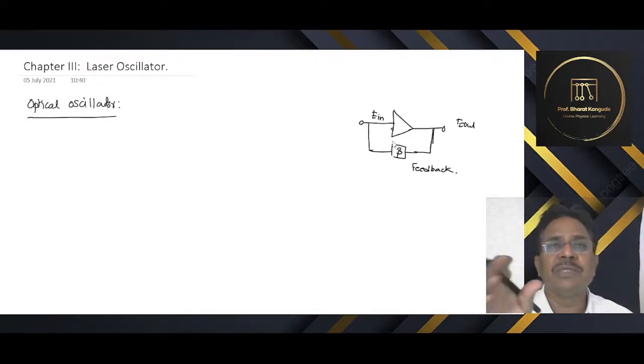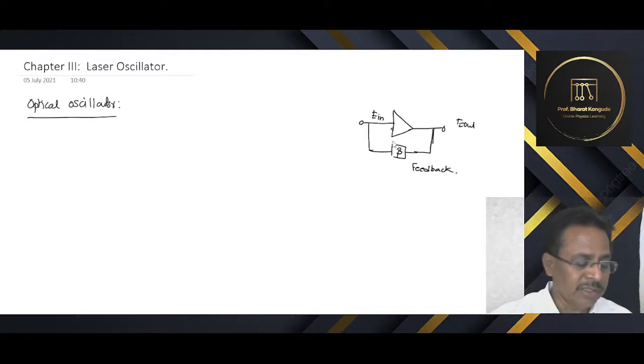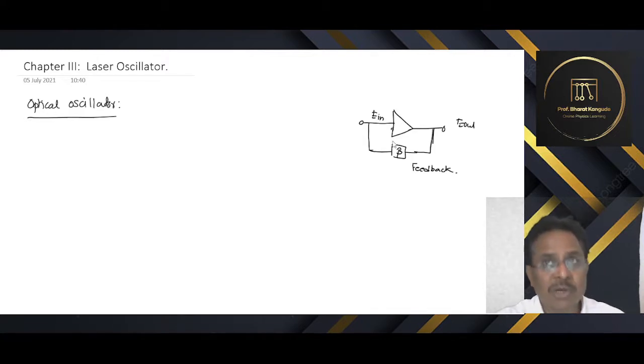Now, a cavity is a particular type of assembly where electromagnetic waves or microwaves are made to oscillate, and the waves are provided through this cavity. Actually, we are not interested much in the electronic oscillator here, we are just making a comparison. Cavities are completely enclosed metal boxes, such as we will draw in a figure later, in which a standing wave is produced.